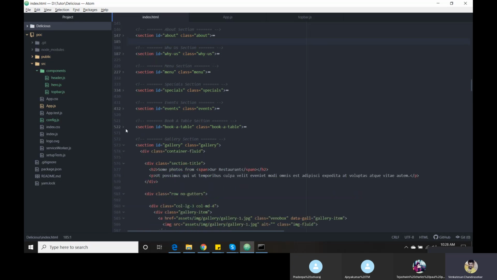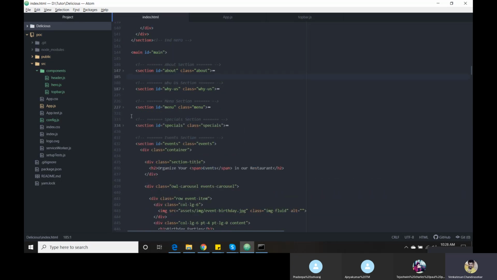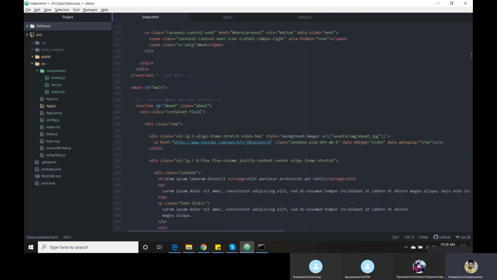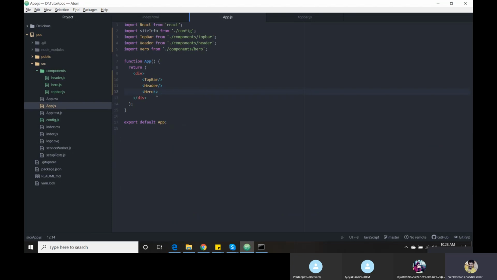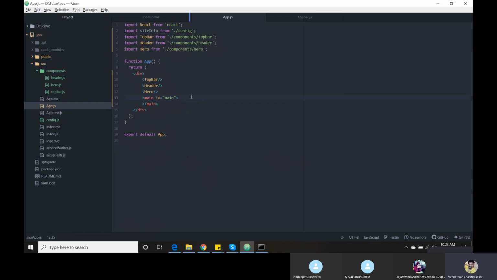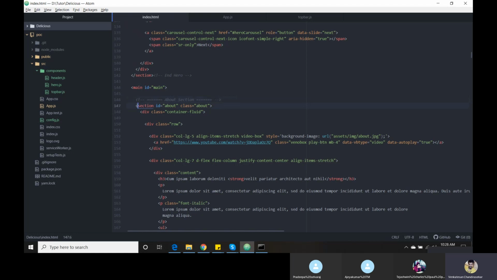Now we don't need to create every component in a single page. So instead of doing this, I'm going to use main ID, the same way they are using main ID inside the app. Now I am going to place main ID. Hereafter, whatever components I do, we need to include inside the main ID. I will tell you the way how we do the about section. Click here,